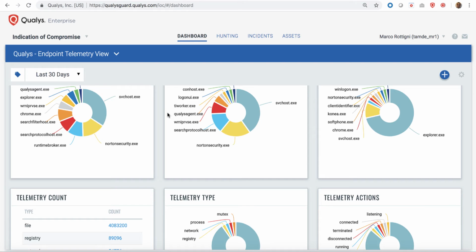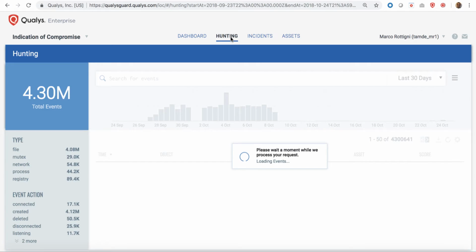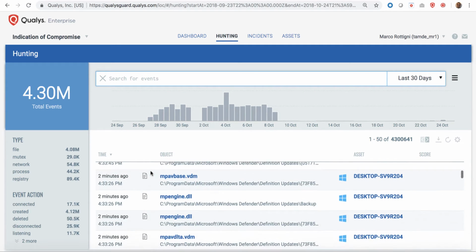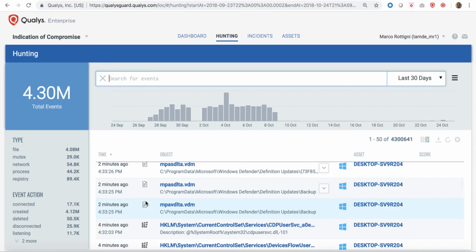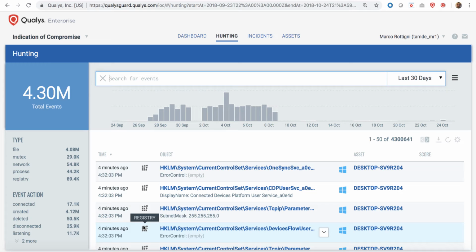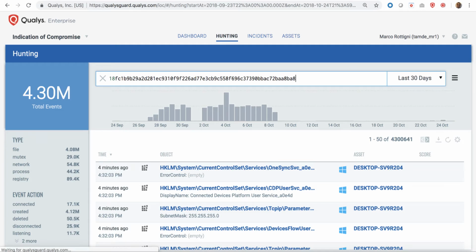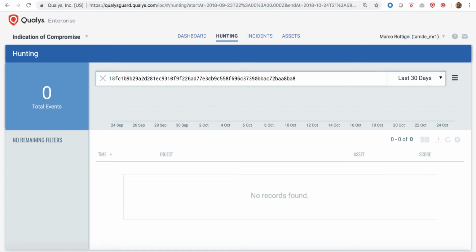Let's try now to use Qualys platform for hunting the evil. We have more than 4 million events processed in the last 30 days in the example shown here, conveniently organized into types, actions, etc. Let's assume we received a piece of threat intelligence in the form of a file hash, and we want to understand if it landed or has been launched within our monitored IT environment. We simply paste it into the hunting search bar and search